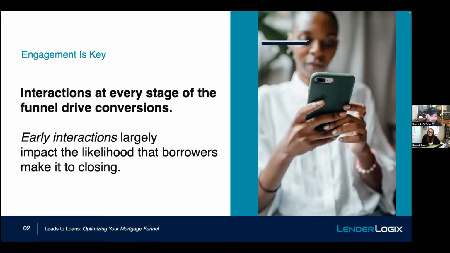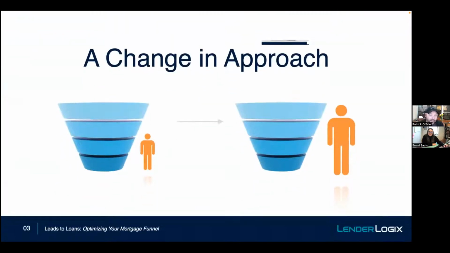I think that's just the way the mortgage business has operated historically. Those have been the numbers we've always measured: apps, closings, without paying a lot of attention to those metrics further up the funnel. And really what that's caused us to do is, our guy here on the left-hand side of the screen, he's hanging around the bottom of the funnel. He's just worried about how many apps he's taking and how many deals he's closing. He's not dealing with those further up funnel metrics. And that to a certain extent works in certain markets.